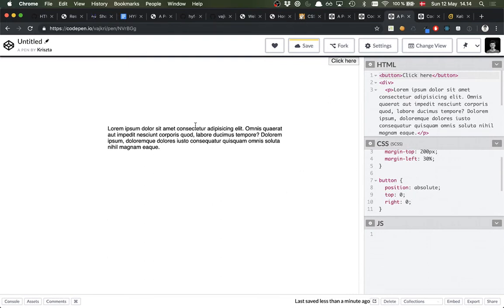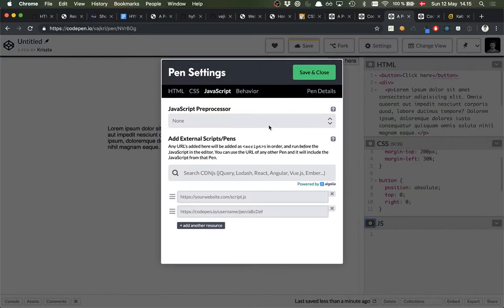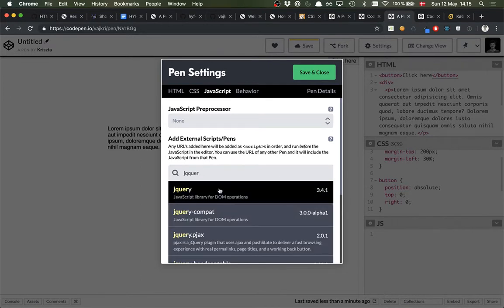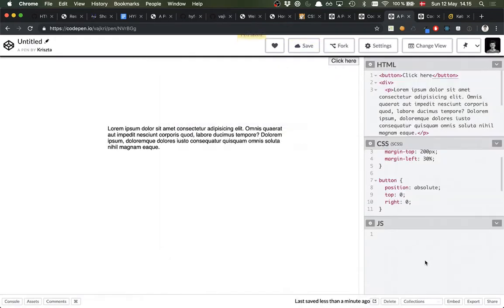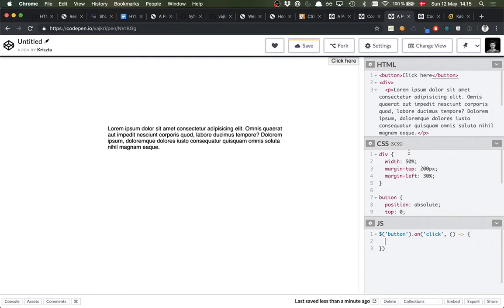So what I want is, I want the paragraph to slide down when I click on the button. Okay. Then I'm going to use some jQuery, which is not something you use anymore, but it's very easy. So I'm just gonna load it into CodePen. So now I can select my button by doing this, and then I can say on click I want the button to, no, I want the div,